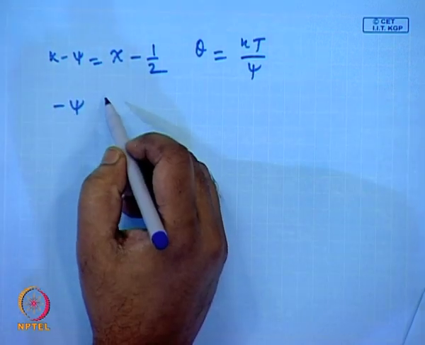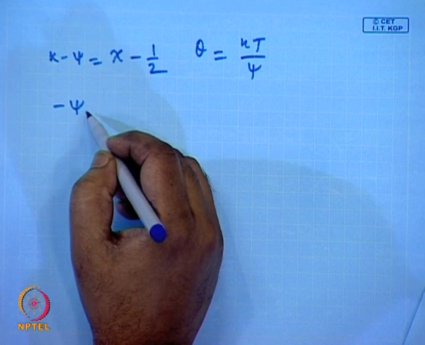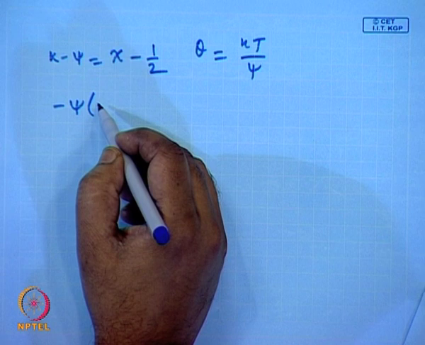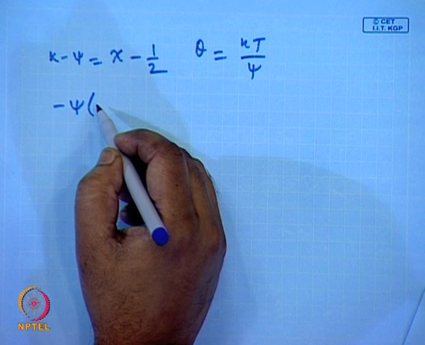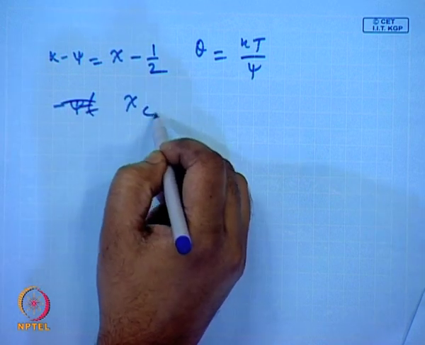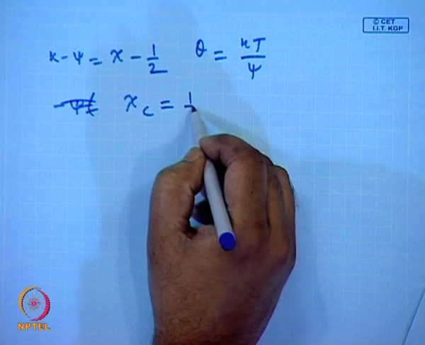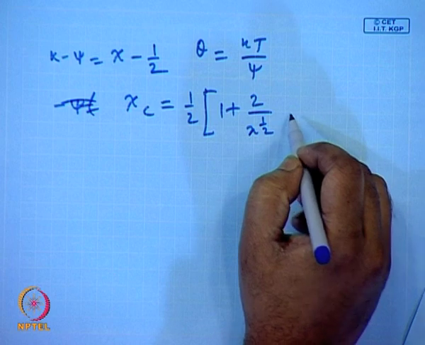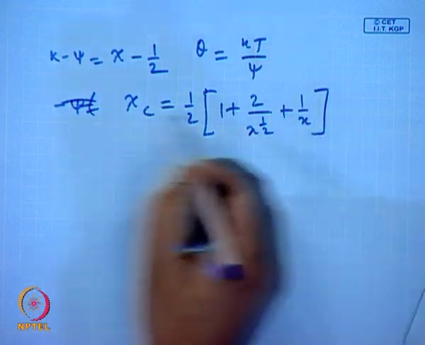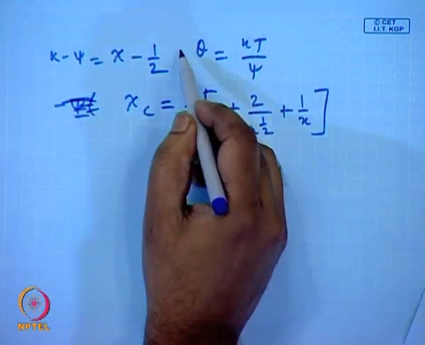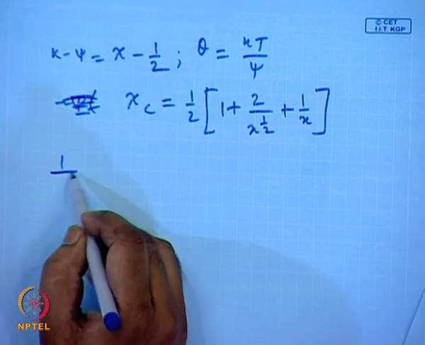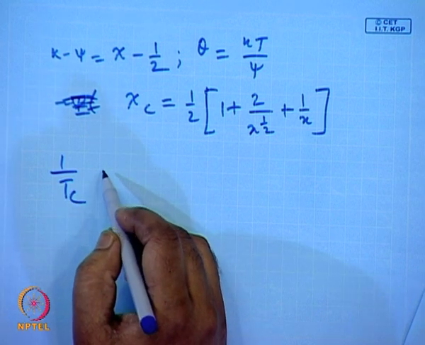So, minus... these are the expressions we know, and from there we can write 1 by T c